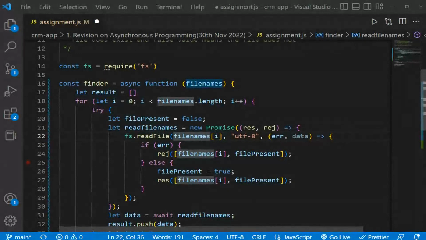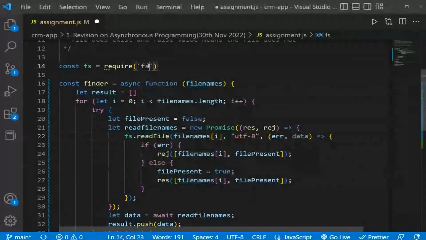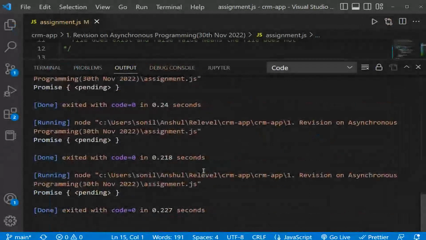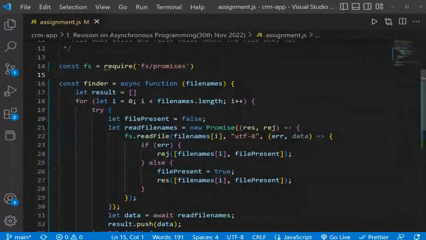Wait a second. Let me check. Require FS promises. Why would that be? Promises. This one. No, that should not be the cause of the error. Okay, I'll run it. Just give me 1 second. Let me see. I don't think that's the error.